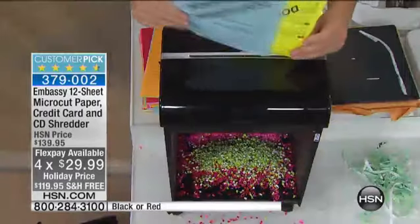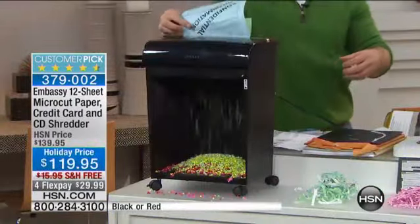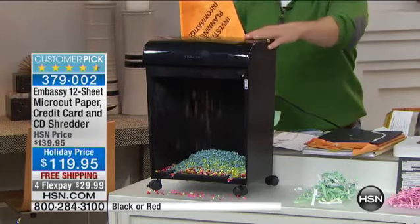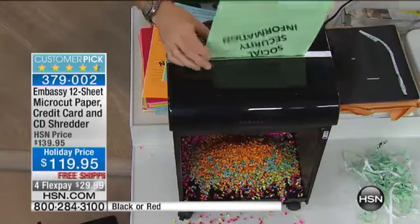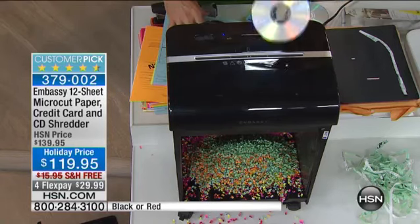Right, I was going to say, one of the reasons why kids are the most susceptible is they don't check their credit on a daily basis. Right, exactly. So with the first time when they check it, maybe when they apply for a college loan, they find out that they have horrible credit and outstanding debts, and they've never even had a credit card or anything. And that's just it. You have to protect everyone in your family and all those documents,